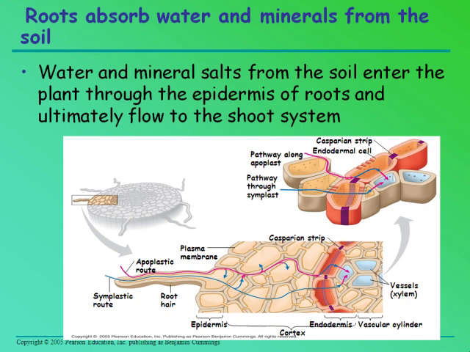So here, right through here, the endodermis controls entry to the stele. Okay, so the stele is the vascular vessels. Okay, the vascular cylinder here, the endodermis is around that, this area here. Okay, so it controls